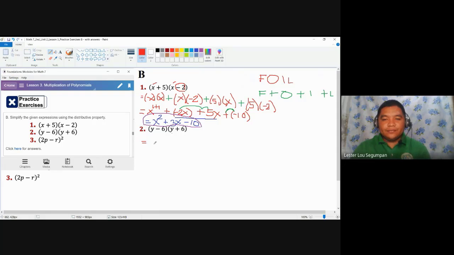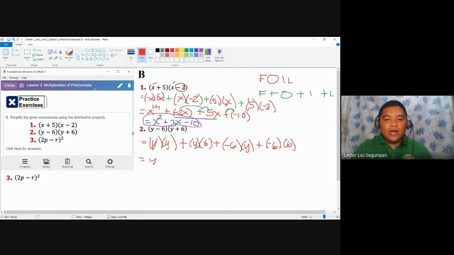So you have here y times y for the first terms, and then plus outer y times 6 or positive 6, plus negative 6 times y, and then you have here plus negative 6 times 6. We have four pairs to be combined. Combine them independently. And then later on, if there are items that may be combined, let's concern it later.